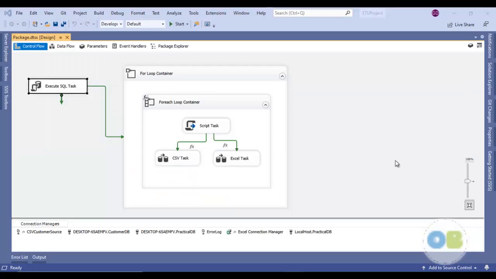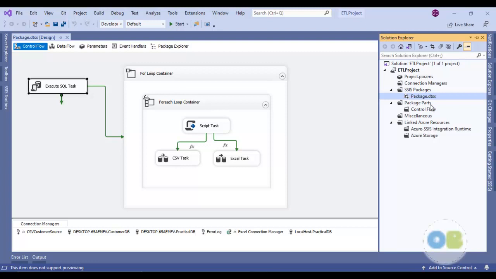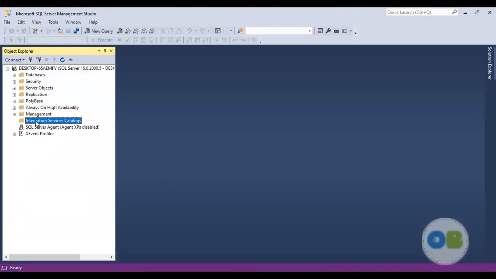So this is the entire program we have in this package.dtsx file. Now we will take this package.dtsx file and deploy it to the SQL Server, that is to the integration services catalogs. So now let's start our deployment process.